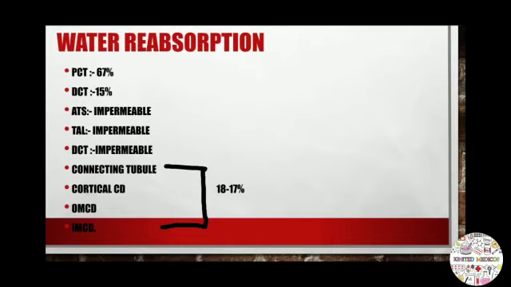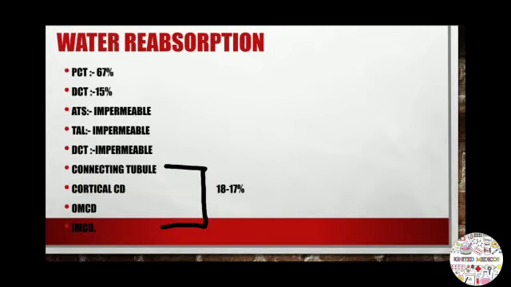Now let us see about the reabsorption of water. What is the site and what is the mechanism? Water is passively absorbed by osmosis in response to the transtubular osmotic gradient. The rapid reabsorption across the cell membrane occurs through the water channels. These water channels are made up of aquaporins. These aquaporins, which are helpful in the reabsorption of water, are situated on the